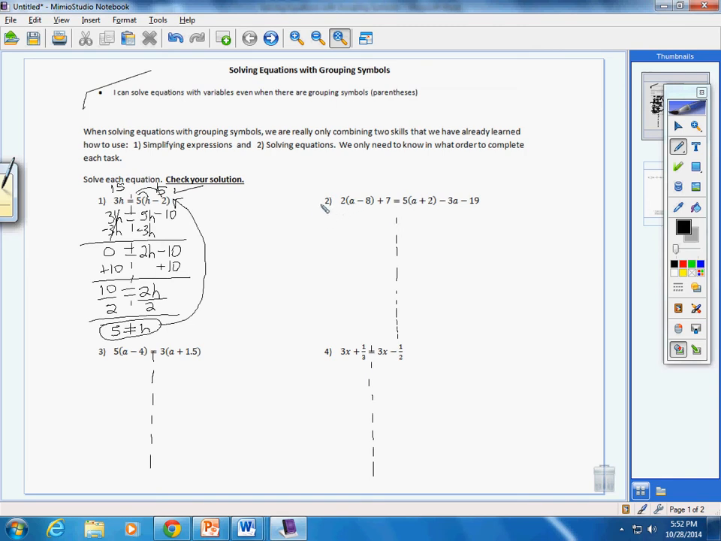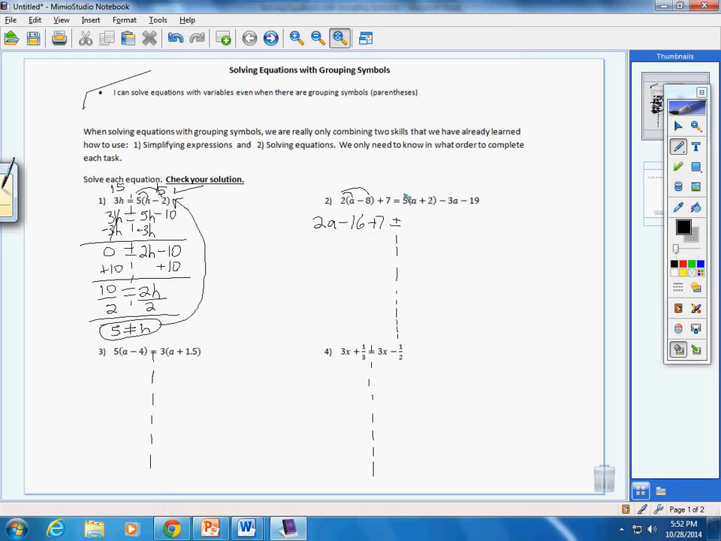Alright, let's jump to number 2. This one's going to be a lot of fun. Let's go back to our checklist if you're not sure where to start. Step number 1 says distribute a common denominator to remove fractions. There are no fractions, so we're going to skip that. Number 2 says remove any parentheses on the left. When it says remove, it means, hey, if you can distribute it all, let's do it. So 2a minus 2 times 8, which is 16, and you still have plus 7 right there, equals,